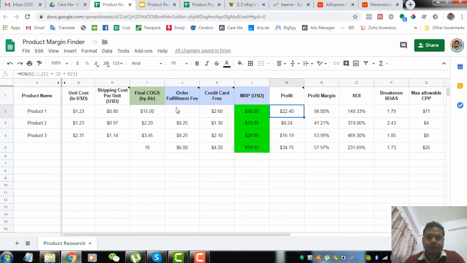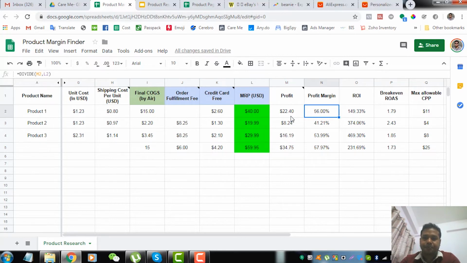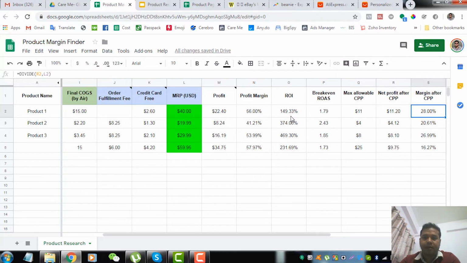We can see our credit card fee is $2.6, and our profit, which equals MRP minus these three fees, final COGS, order fulfillment, and credit card fees, leaves us with $22 in profit. The margin is automatically calculated, which is 56%. If you don't know how to calculate profit margin, it's simply your profit divided by MRP, multiplied by 100. That comes to 56%. Now ROI is 149%, break-even ROAS is 1.79, and